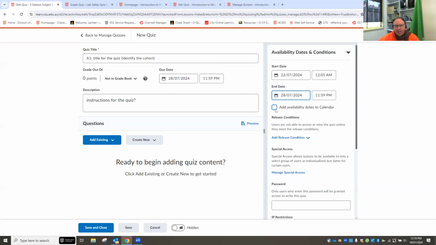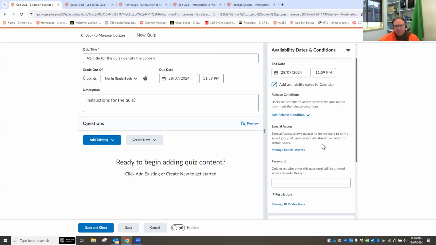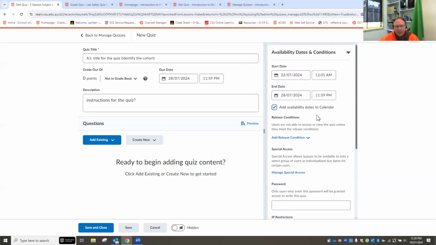Do I want the availability dates to be listed in the student calendar? Yes, I do. And that's probably about all I'm interested in putting in unless I was going to restrict this to a particular cohort. If this quiz portal was only going to be for Bathurst distance students, for example, I'd be adding in a release condition,